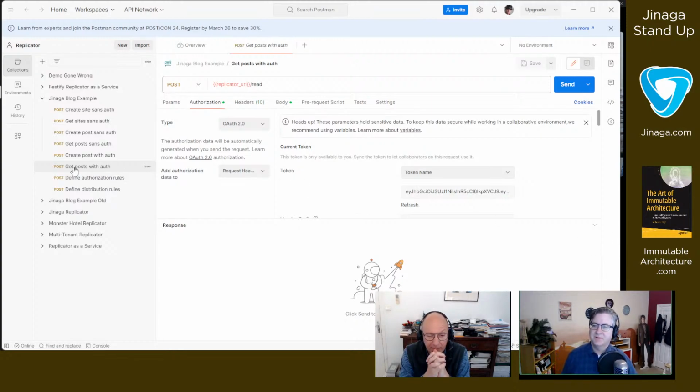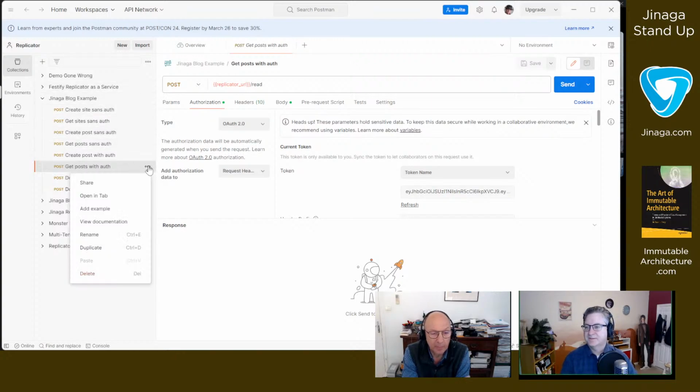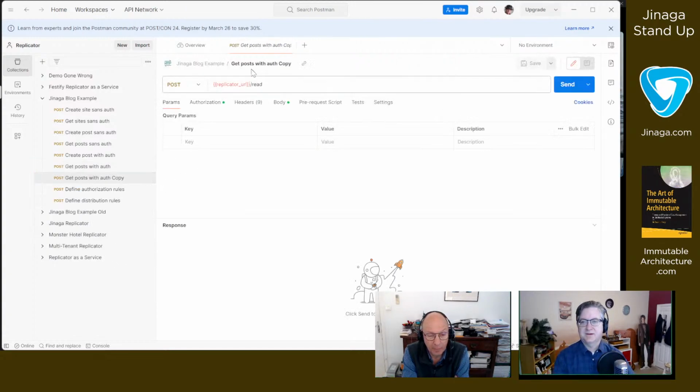Okay, so here it's hitting the read endpoint. I really don't want to hit the read endpoint. What I want to do is hit the feeds endpoint. So let's go ahead and copy this, duplicate that, and first of all, we're going to get the feeds.